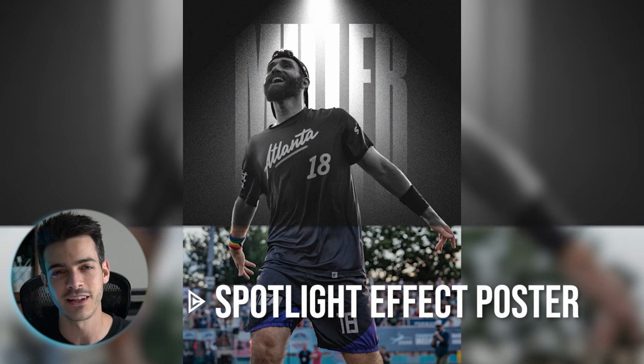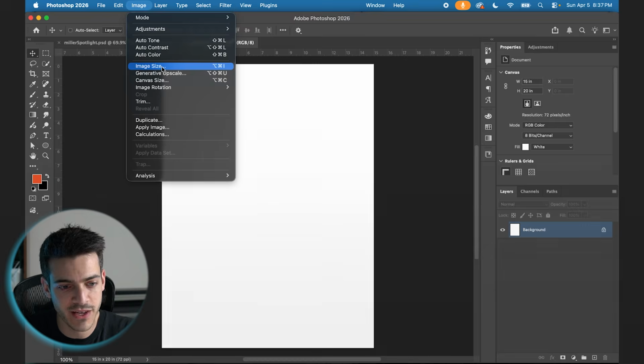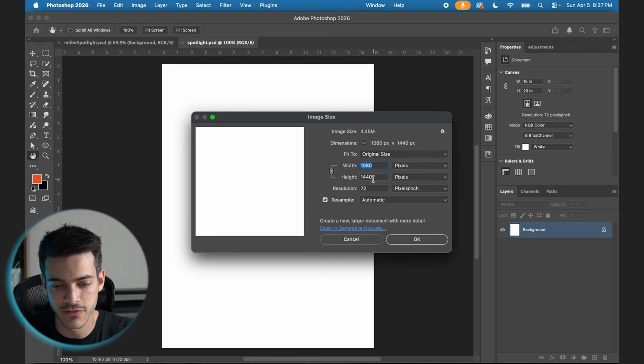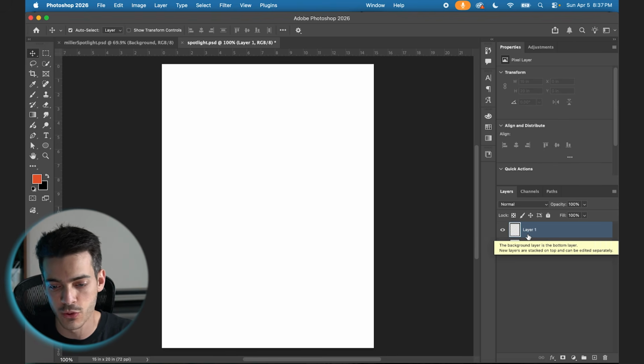Let's learn how to make this spotlight effect and turn it into a minimalist poster design. So I've got a new document set up. My dimensions here are 1080 by 1440, standard vertical size for Instagram. I have a white background to begin with, but right off the bat, I'm gonna make a new layer and